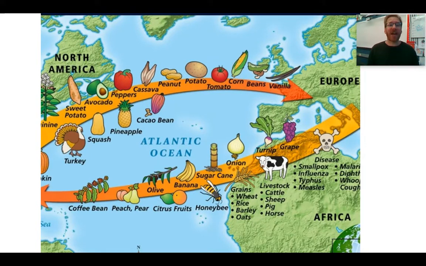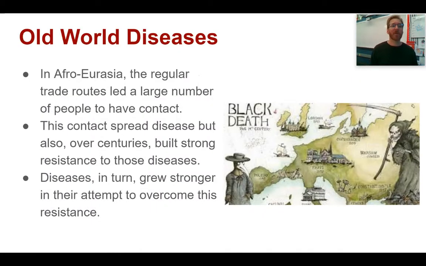After this exchange happens, we start to see an avalanche of goods moving from the Americas into Europe and from Europe into Africa and Asia, and goods moving from Europe into the Americas. And this full exchange of goods: Central America, really well known for bananas today, not a native crop. As stated before, Ireland, really known for potatoes, not a native crop. These are going to spread around and find new homes.